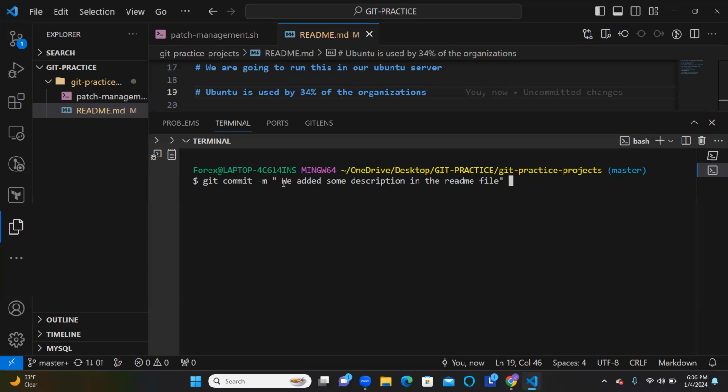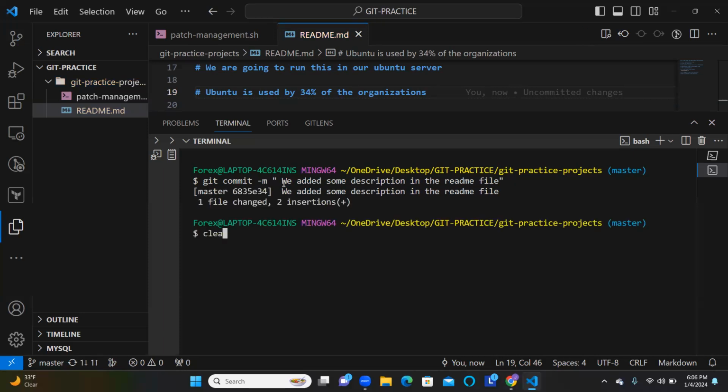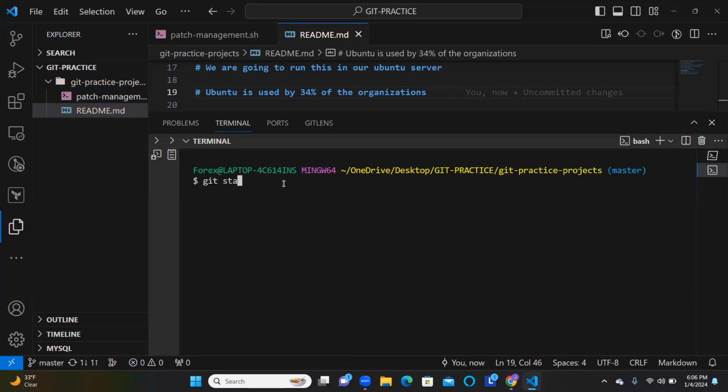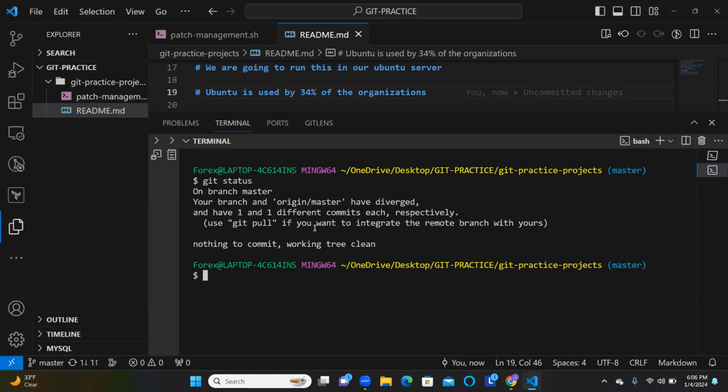When you are done with this, you can enter. Then you can clear and you can do git status. Of course, you can see that, yes, we have been able to commit the changes to our local repository. And from here, what we need to do,